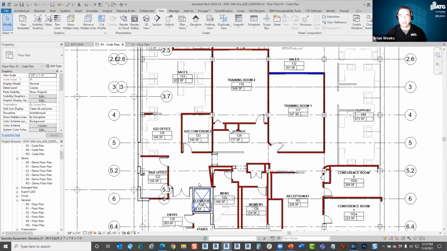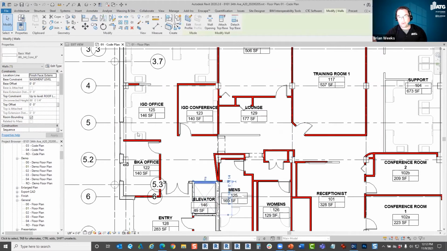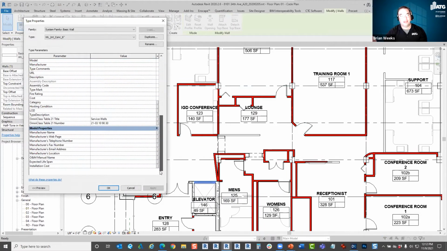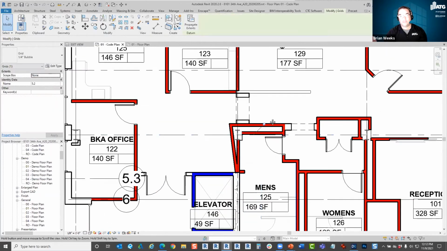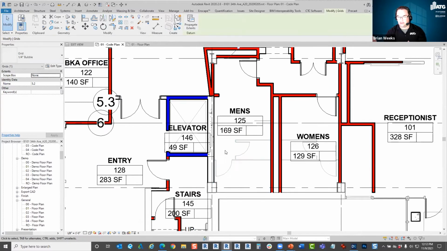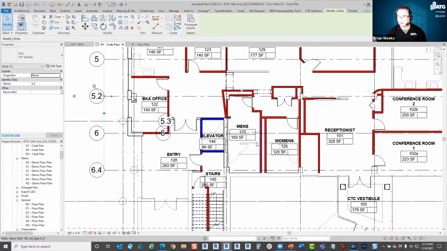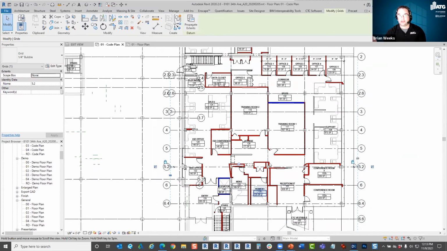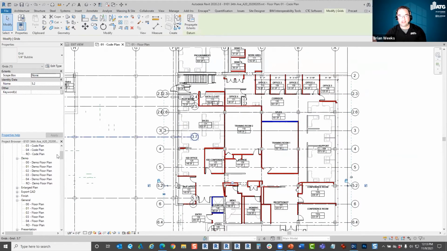And of course, if we come in and change a wall parameter individually, and change that fire rating to, say, a 2 hour, then this is the workflow that we typically have to deal with: we're now individually changing graphics, changing views, and either using view filters and view templates, trying to control these settings in our code plans in